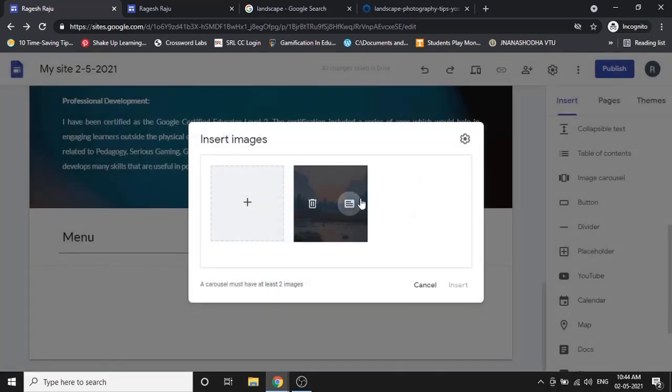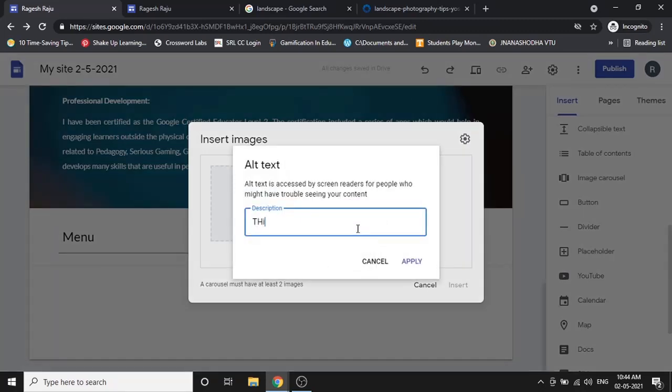So the image has come. You can see there is an option called add text. So you can add a caption or add an alternate text. The alternate text we have seen in our logo as well. So I can write it as, this is a landscape image. Okay, so alternate text is accessed by the screen reader.